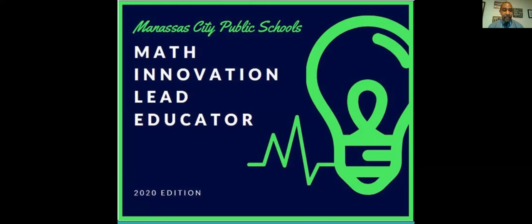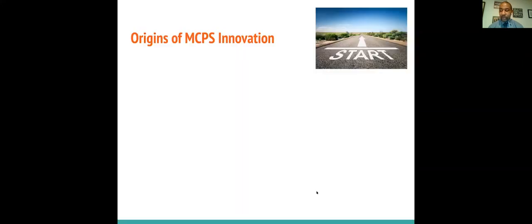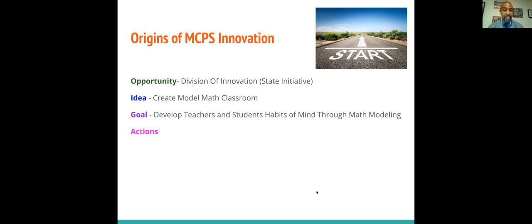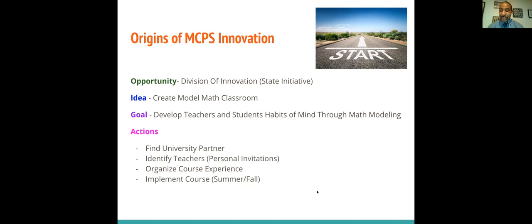It's so exciting. And what Sarah and I are going to do is just give you some context in terms of the district perspective of what our school district is, some demographics, how we got started, and some possible next steps. So in Manassas City, we have 7,700 students. We have 9 schools. 49% of our students are English language learners, 68% Hispanic. And what we noticed is that